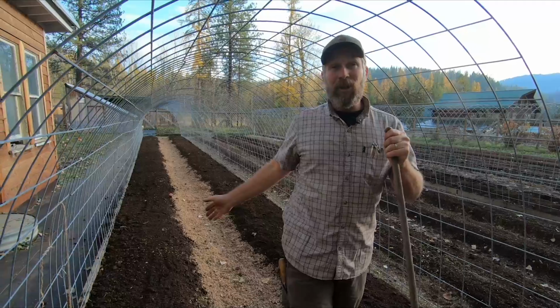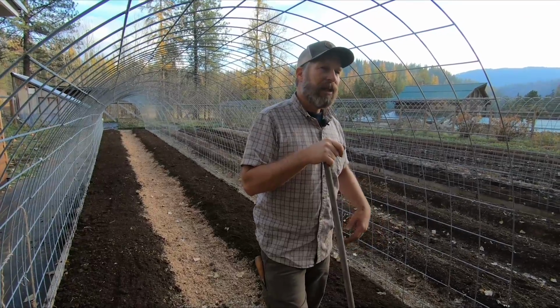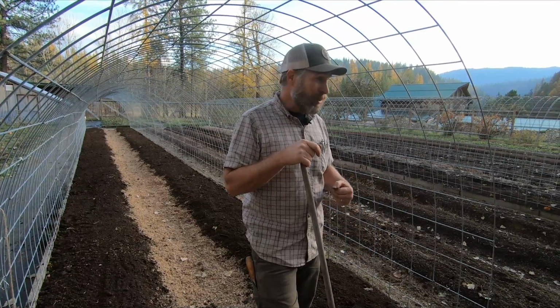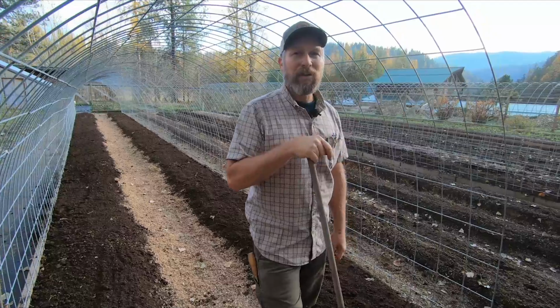We'll just be able to put our starts right in here. In some other areas, we may want to broad fork it and loosen it up, rake it over, and then plant our seed. But this is basically ready to go. Putting it to bed, and when spring comes, we can get right out here, get our hands in the soil, and get to work. Hope this has been helpful,